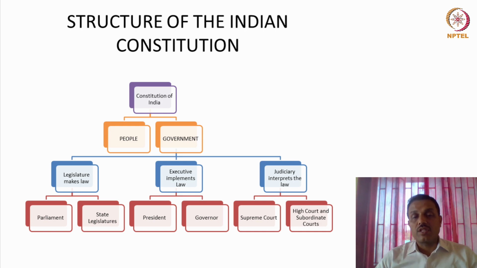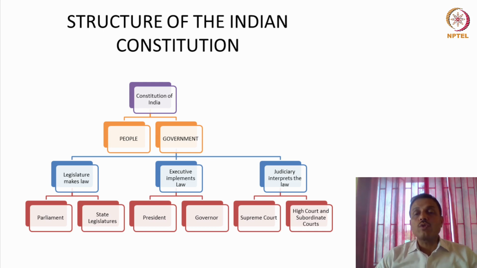The parliament and the state legislature are the two organs of the legislature. But please note today, under local government as well, you have the local councils that can also bring in certain kinds of bylaws for governance in urban local bodies as well. You have the executive, the president, and the governor. Please note they are considered the chief executive of each of the respective governments. The president is the chief executive of the central government, and the governor is the chief executive of the state government.